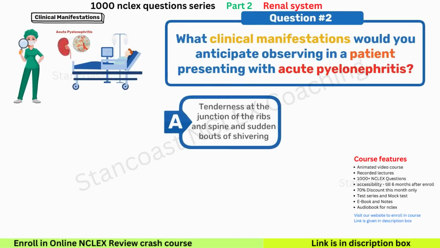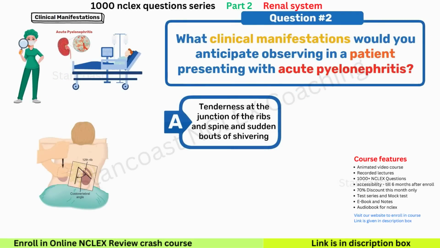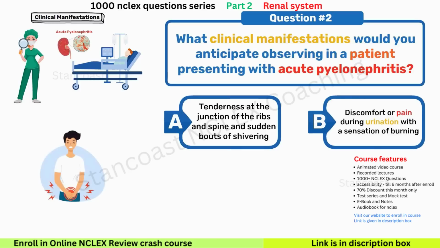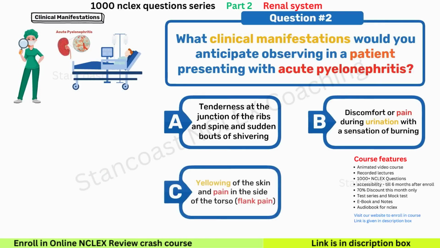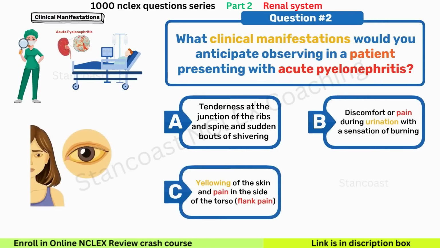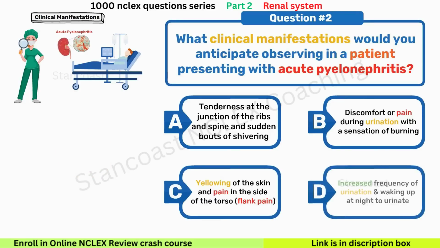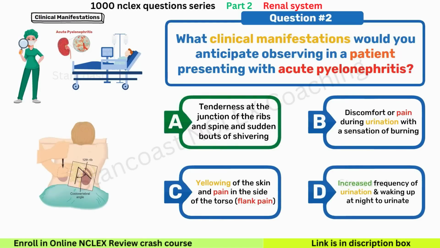A. Tenderness at the junction of the ribs and spine and sudden bouts of shivering. B. Discomfort or pain during urination with a sensation of burning. C. Yellowing of the skin and pain in the side of the torso, flank pain. D. Increased frequency of urination and waking up at night to urinate. Correct answer is A. Tenderness at the junction of the ribs and spine, costovertebral angle tenderness, and sudden bouts of